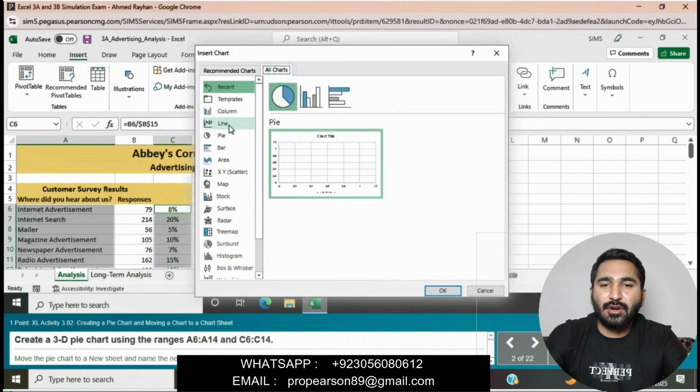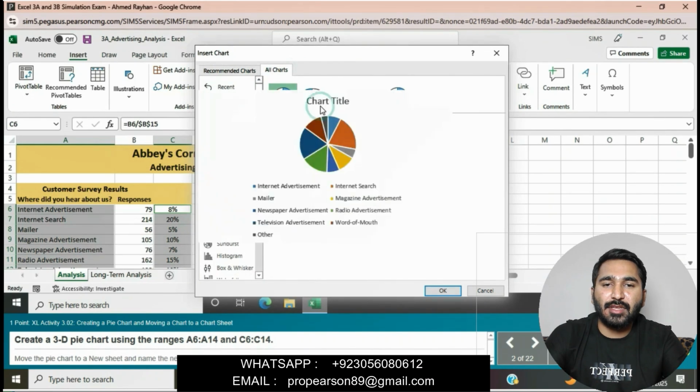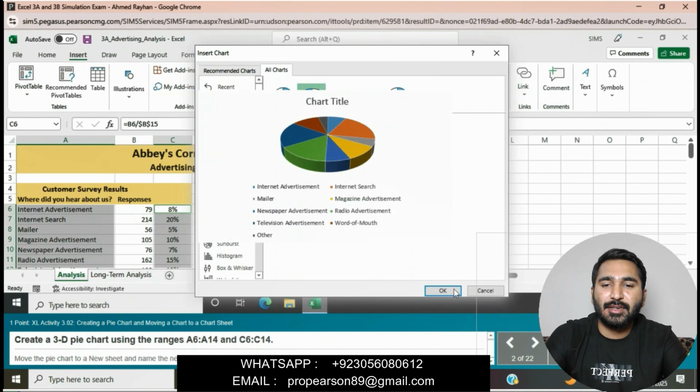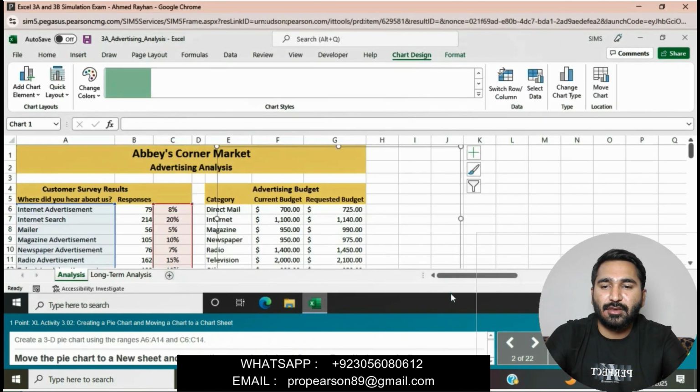Click on All Charts, go to the pie charts. We will select 2D pie chart, sorry, 3D pie chart, and then click on OK.